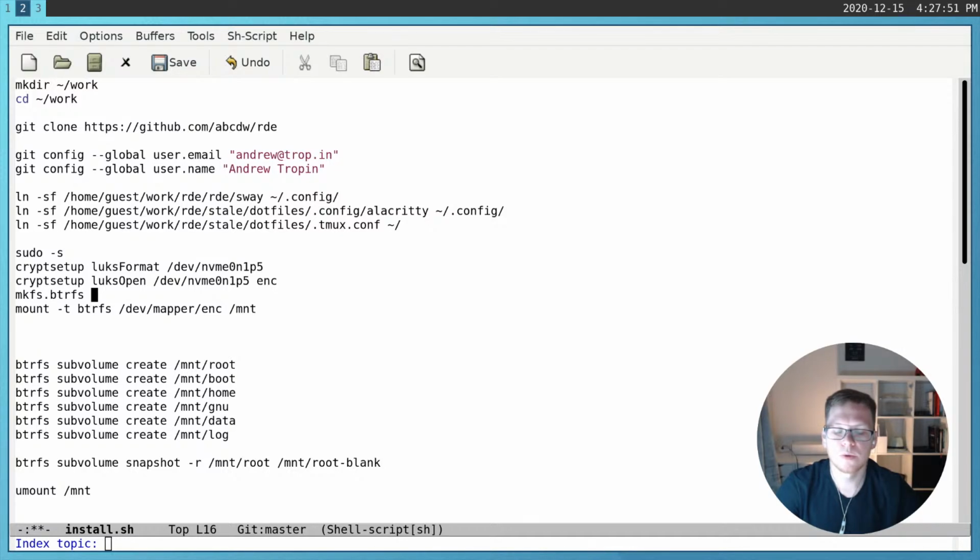And we just want to format our newly created encrypted partition with btrfs, and after this command you will have a btrfs file system on your encrypted device, and after that you can mount this device to the mnt directory,